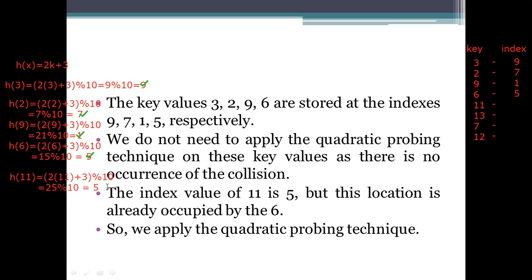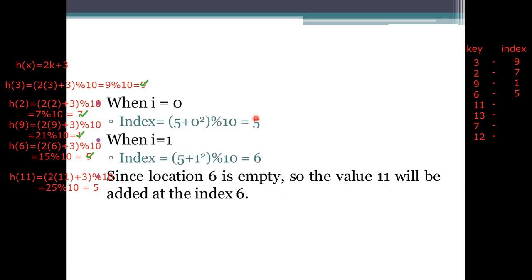Now see whether the 5 value has been used or not. See, it is being used. So there we have the problem, that is a collision. It is already occupied by a value here. There is no need to place this value into that one. If we give the value into that one, the key value 6 will disappear, meaning it will be overridden by that one.